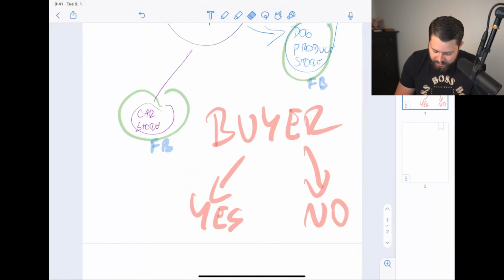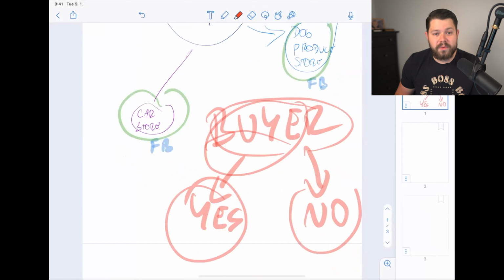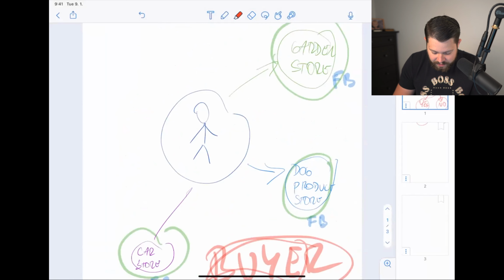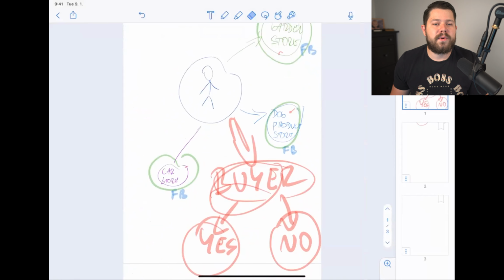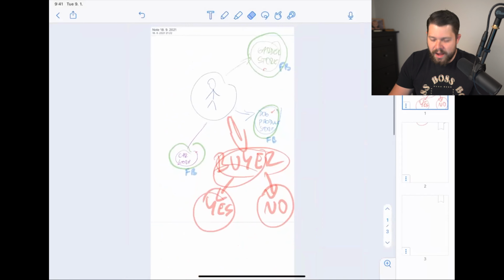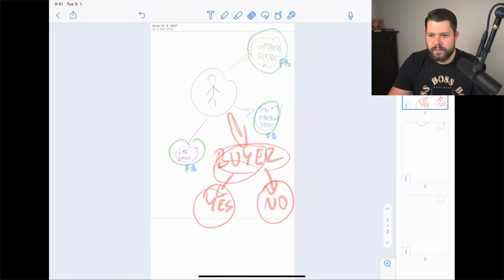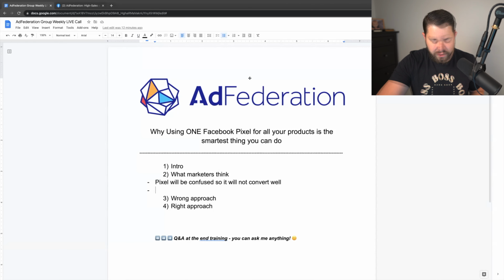So yeah, always what matters is, is it a buyer, yes or no? They don't really care if it's a garden buyer, dog product buyer, or car store buyer. They care if it's a buyer or not, or if it clicks on the ad or something if you optimize for it. But most people optimize for conversions, which I definitely recommend. So this is how I see it, I will just stop sharing my screen. That's definitely the correct approach, how you should do it.